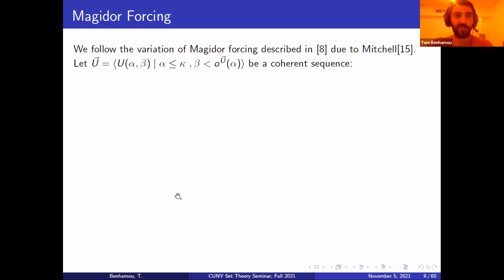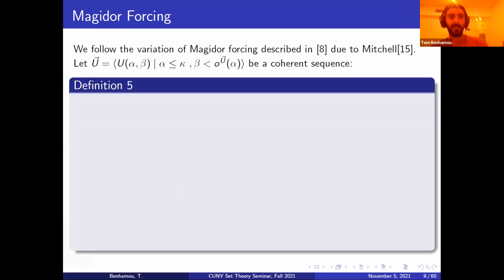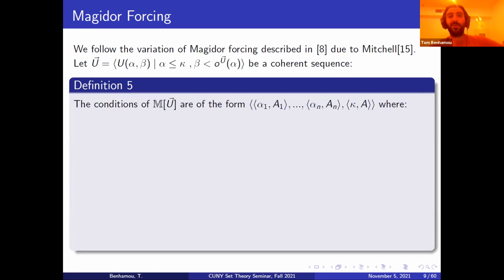Okay, so we fix a coherent sequence U, and let us define the Megiddo forcing with this coherent sequence. The conditions of the forcing, which I denote by MU, are finite sequences of pairs. Each pair consists of an ordinal and a set, such that...